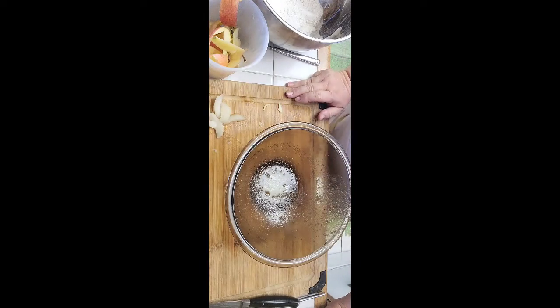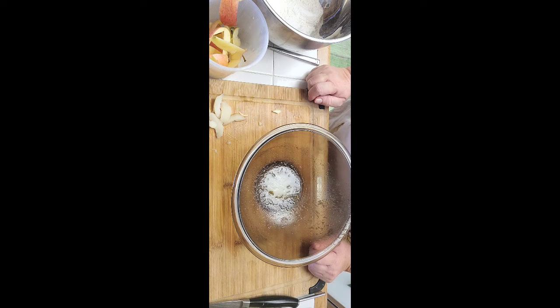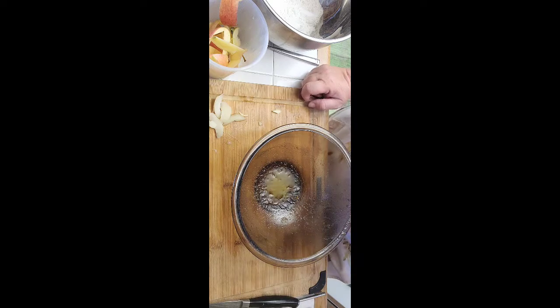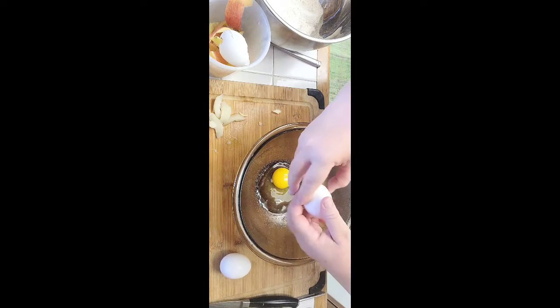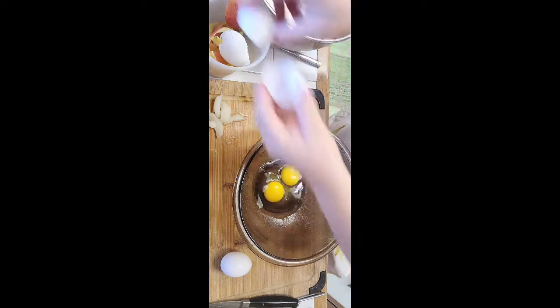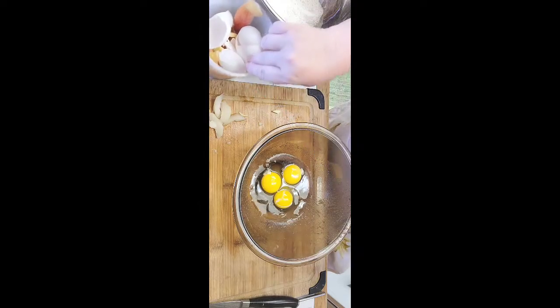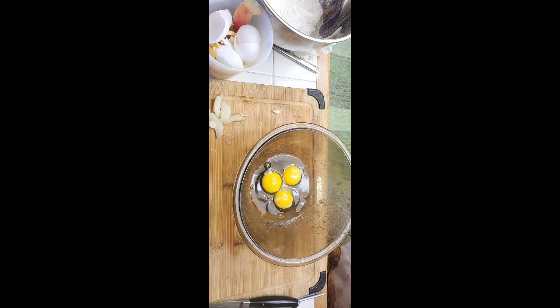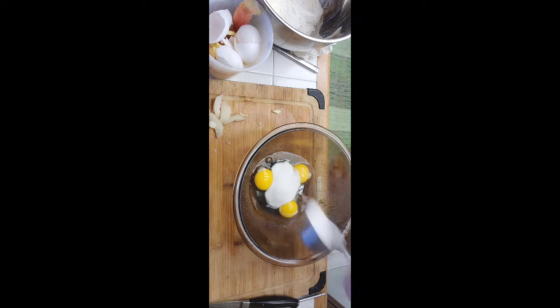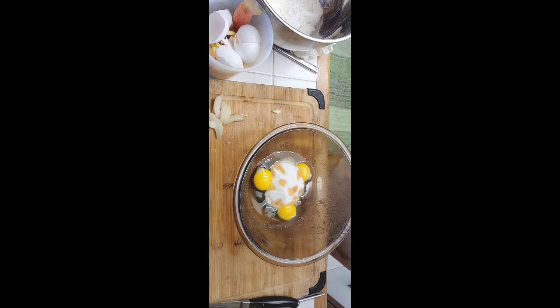Alright, now that our apples are sliced and arranged in the bottom of the pan, we are going to make the batter. So basically we're going to need 3 large eggs, 3/4 cup sugar, just regular granulated sugar, 1 teaspoon vanilla extract, 1/2 cup melted butter,